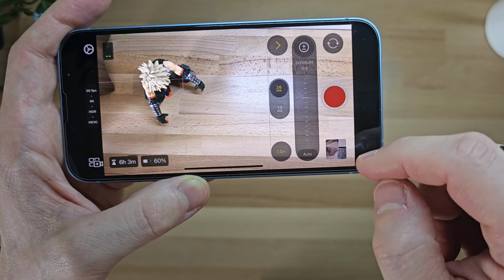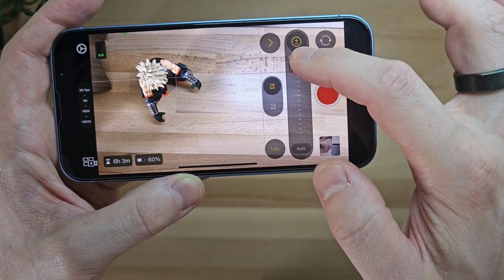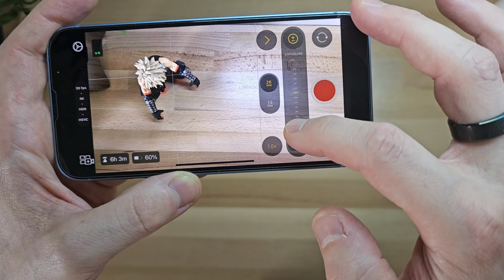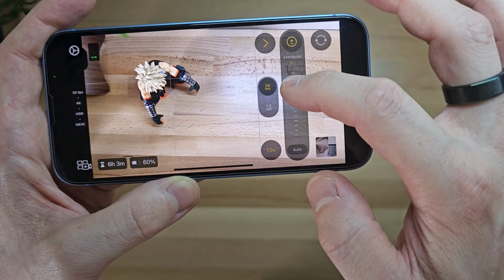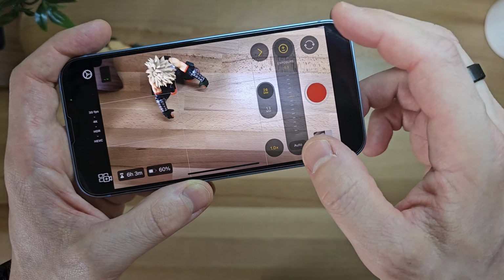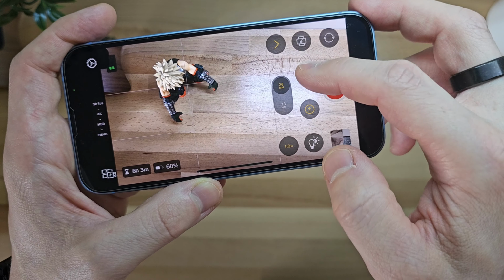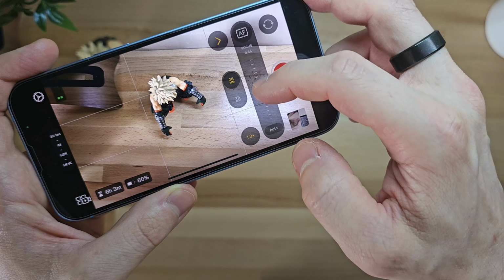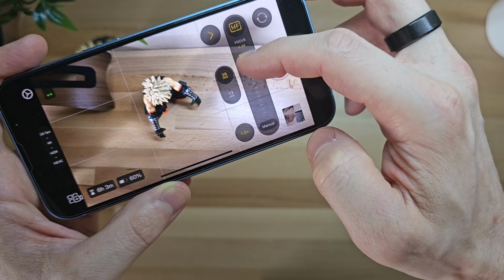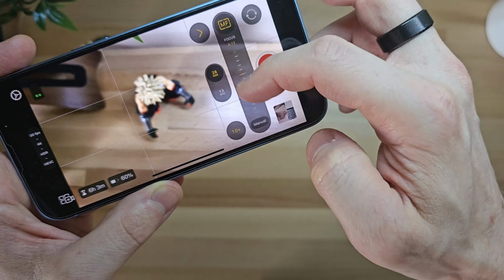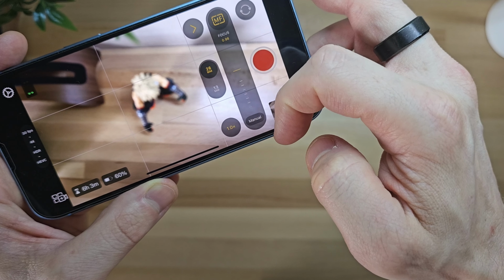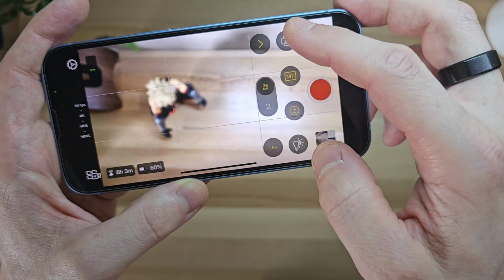Besides this, we have the possibility to adjust the exposure to allow more or less light into the cameras depending on the environmental conditions. Then we have the focus, and this feature is truly phenomenal, as it allows us to manually focus on subjects with all their details for a professional effect. Next to the focus, we have the screen orientation lock, which simply ensures that the screen doesn't change when you